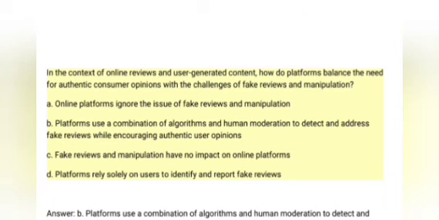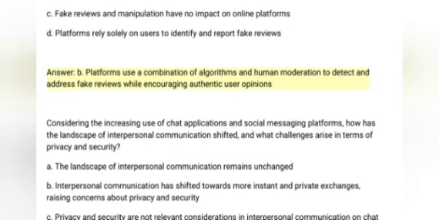In the context of online reviews and user-generated content, how do platforms balance the need for authentic consumer opinions with the challenges of fake reviews and manipulation? A. Online platforms ignore the issue of fake reviews and manipulation. B. Platforms use a combination of algorithms and human moderation to detect and address fake reviews while encouraging authentic user opinions. C. Fake reviews and manipulation have no impact on online platforms. D. Platforms rely solely on users to identify and report fake reviews. Answer. B. Platforms use a combination of algorithms and human moderation to detect and address fake reviews while encouraging authentic